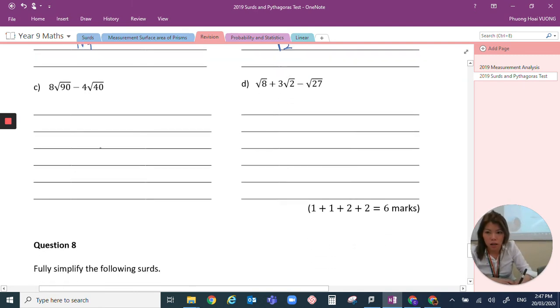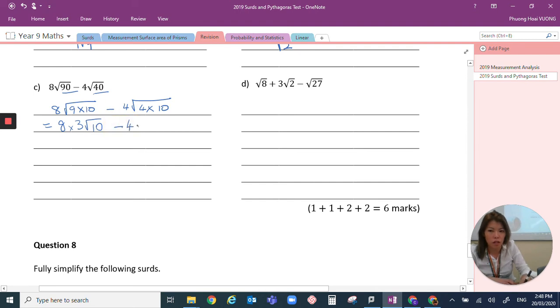Over here we have, find the mouse again, 8 times square root of 90 minus 4 times square root of 40. 40 is 4 times 10, and 90 is 9 times 10. So now we have 8 times square root of 9, which is 3, leave the square root of 10, minus 4,